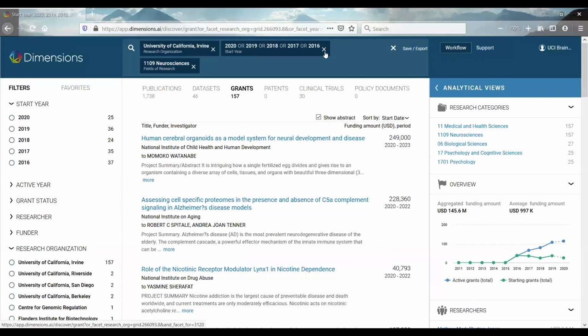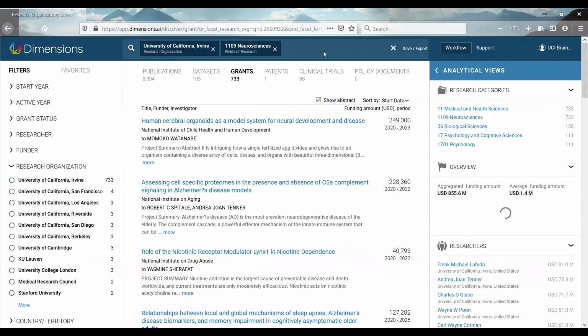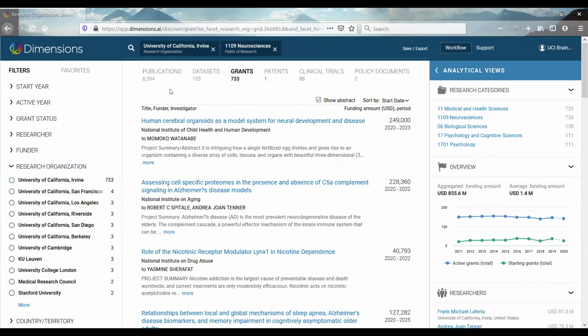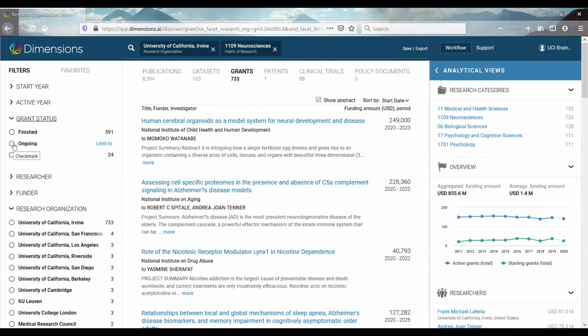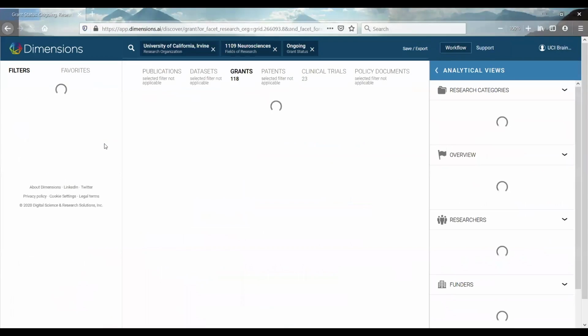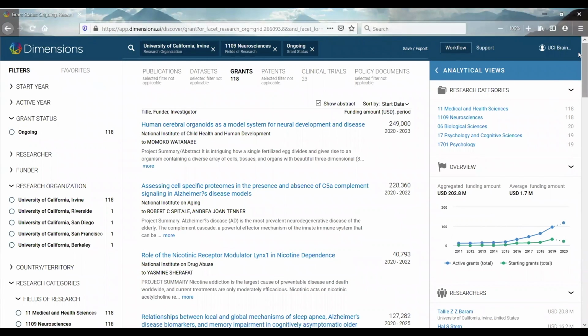And I actually don't want to know that. So I'm going to click out of that, keeping UCI and neurosciences. And I actually want to know only about ongoing grants. So I'm going to limit to grants that are ongoing. That means active grants right now. So when I do that, what I end up seeing